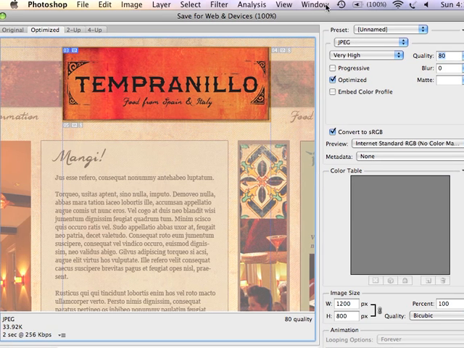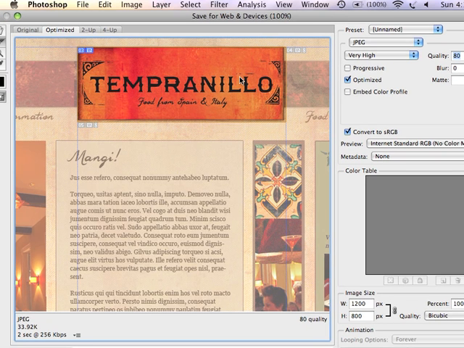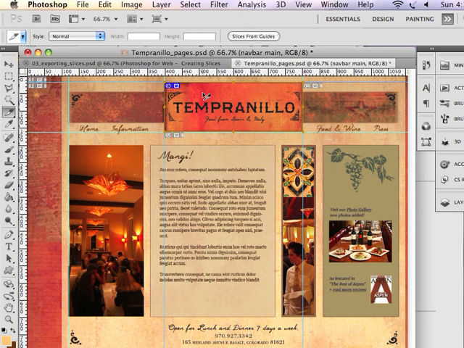When I have completed making the selections for a particular slice, I can select Done and go back to my original image and create more slices. So here's another image that I'd like to slice for the home page, and it's this graphic here. Again, I'm going to use my guides that I'm dragging from the rulers,